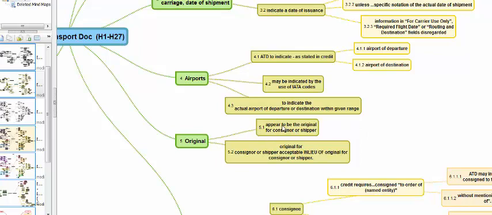The air transport document presented should appear to be original for the consignor or shipper. The concept of full set does not apply here because normally it is issued in threefold, with the third copy, or copy 3, being the shipper's copy or the consignor copy. It is technically not an original, but it will be accepted as an original as long as it is the shipper's original or the consignor copy.